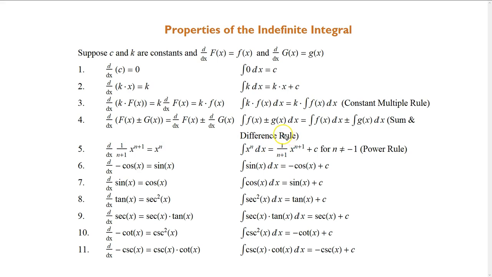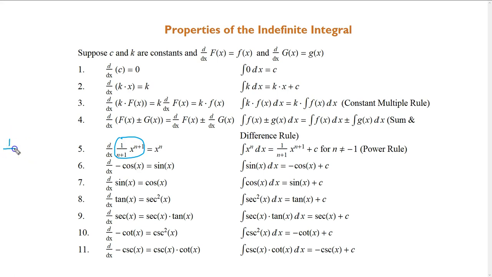Now here's an important rule. This is called our power rule for antiderivatives. Notice that the derivative of 1 over n plus 1 times x to the n plus 1 is x to the nth power, right? If you differentiate this function right here, remember you drop the n plus 1 down, so